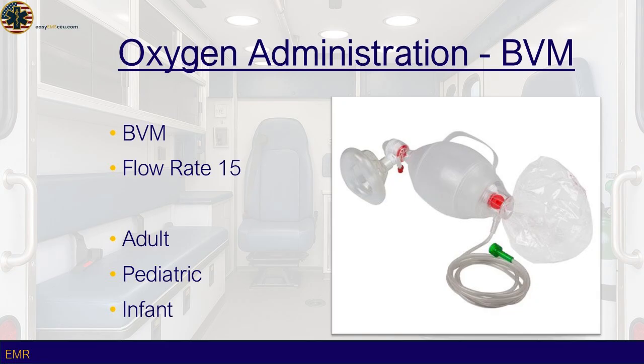BVMs are crucial in both basic and advanced life support, but their effectiveness depends on proper technique. EMS providers should always assess chest rise to ensure adequate ventilation and consider adjuncts like capnography to monitor CO2 levels. In some cases, when manual ventilation is difficult or prolonged ventilation is needed, advanced airways like endotracheal tubes or supraglottic airways may be used in conjunction with the BVM. Regular training and hands-on practice are vital for EMS providers to master BVM use, ensuring effective ventilation in high-stress, life-threatening